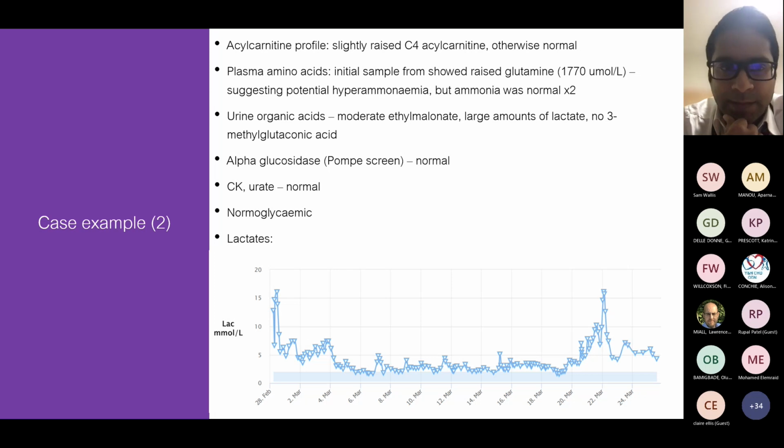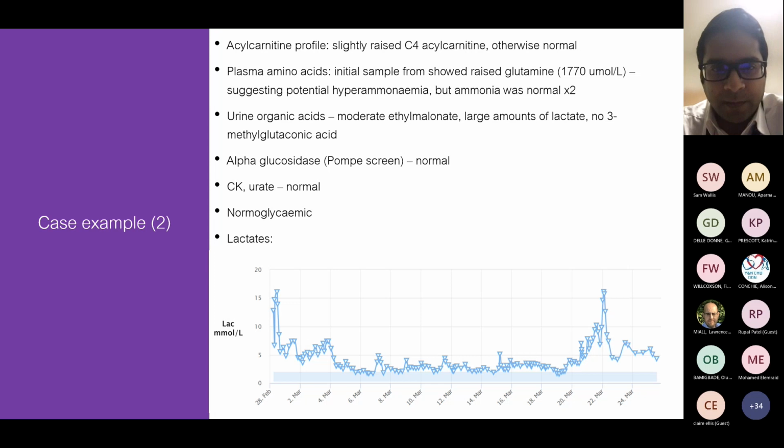The metabolic screening, essentially, the acyl carnitine profile was not specific. We did see a raised C4 acyl carnitine, which is very non-specific, but we do sometimes see that in mitochondrial disorders. And in the urine organic acids, we saw lots of lactate, but we didn't really see anything else very specific. But as you see in the graph, the trend of the lactates shows a persistent hyperlactatemia,